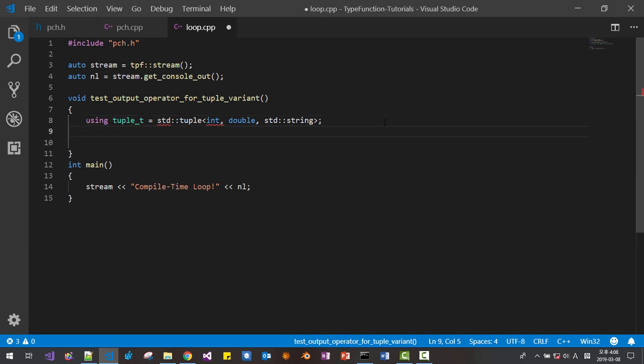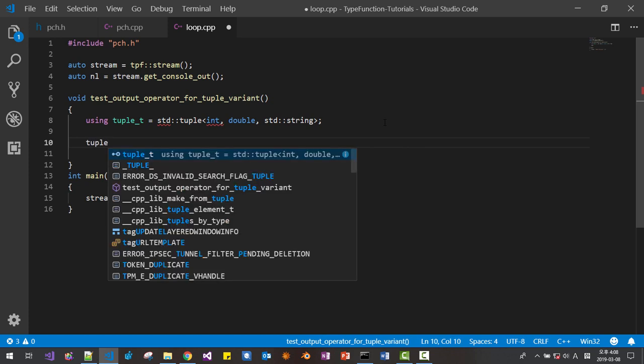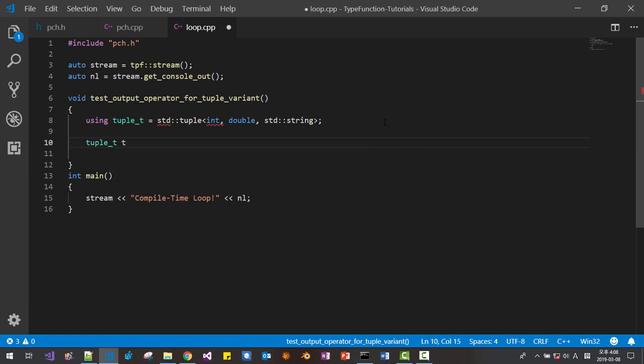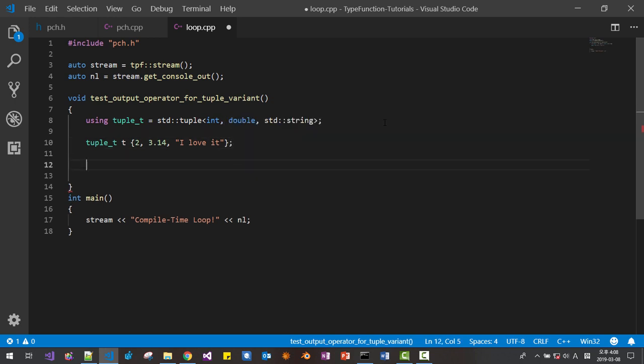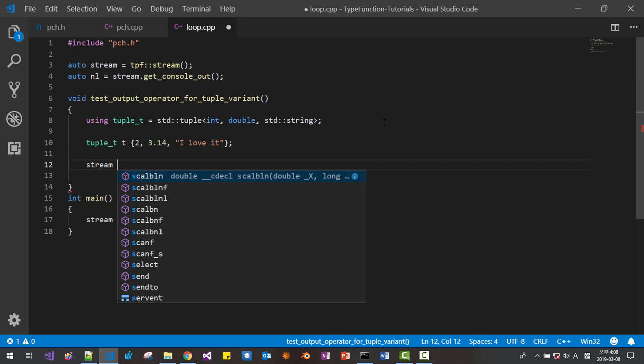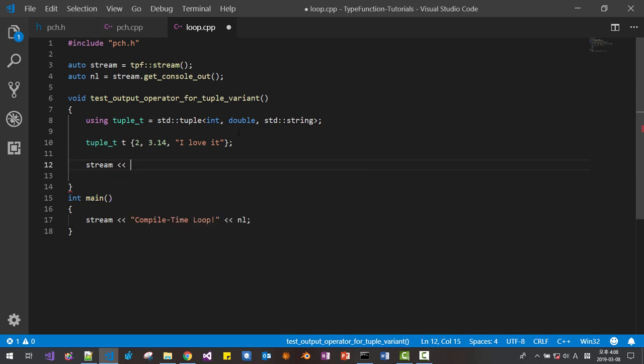I define the tuple like this. Then tuple_t I can initialize to 3.14, I love it. Then we can print out like this, because the string class defines an output operator,